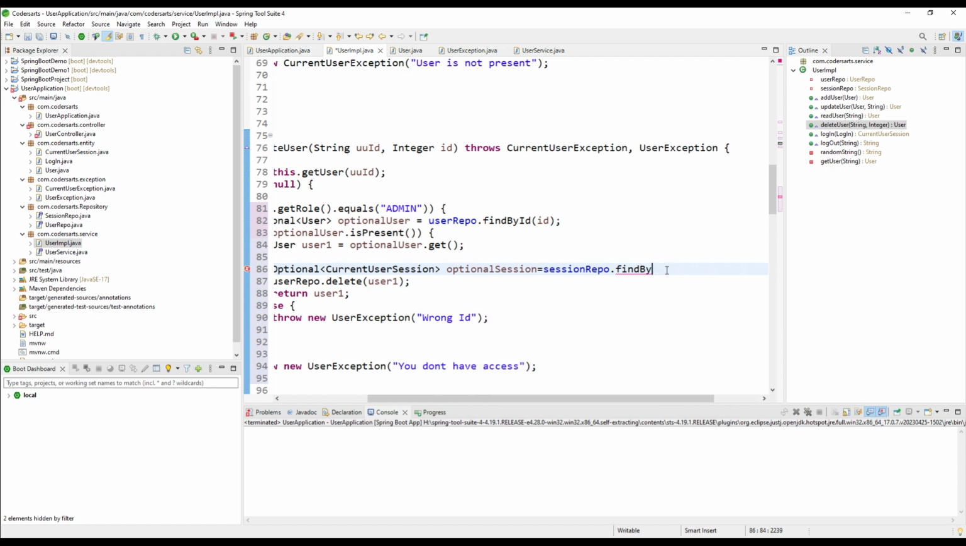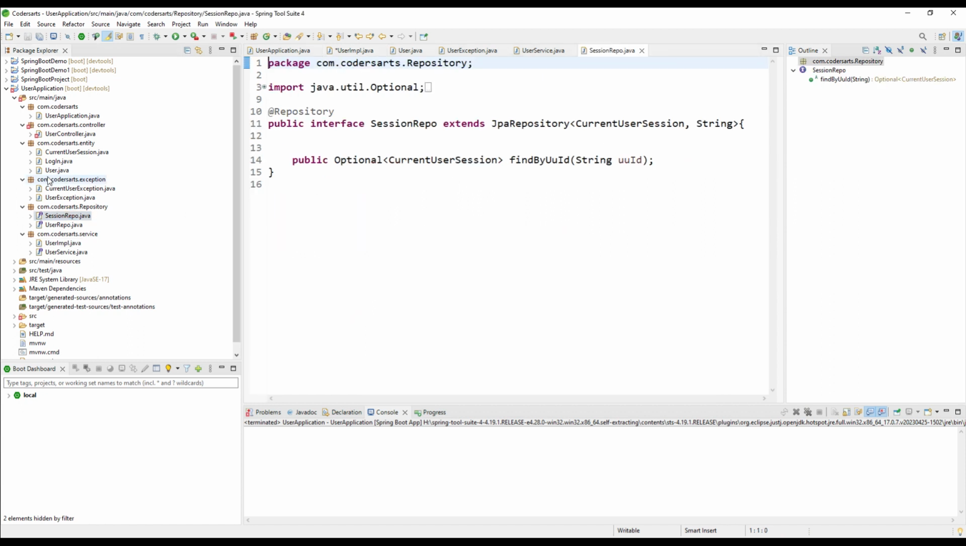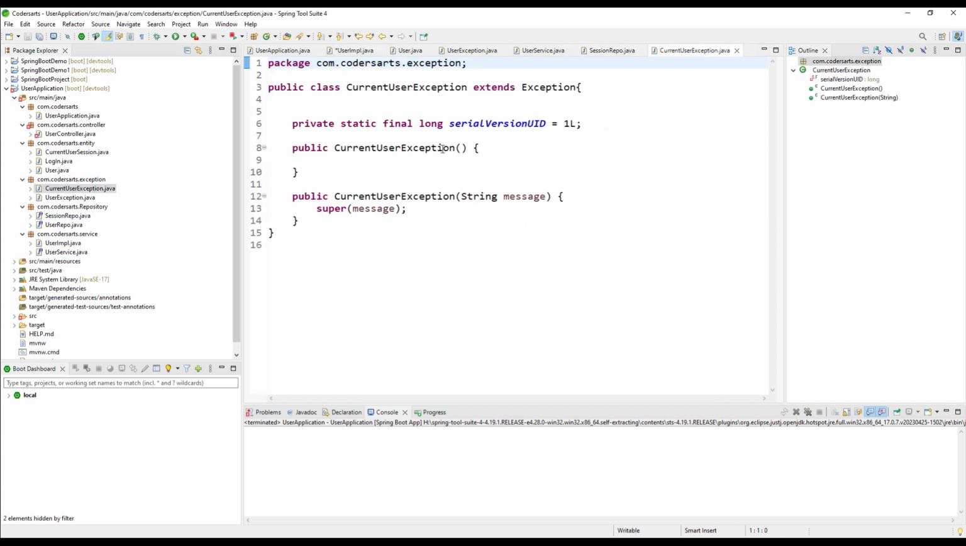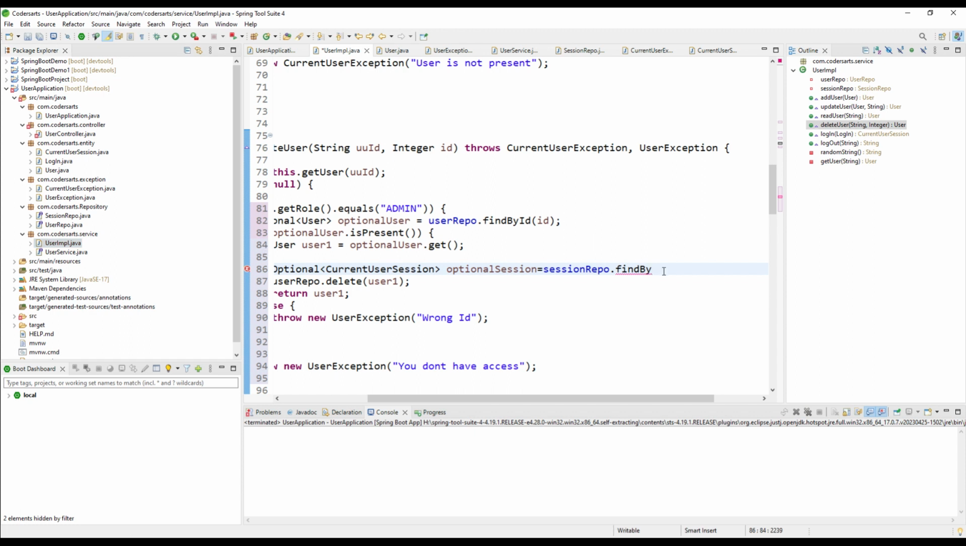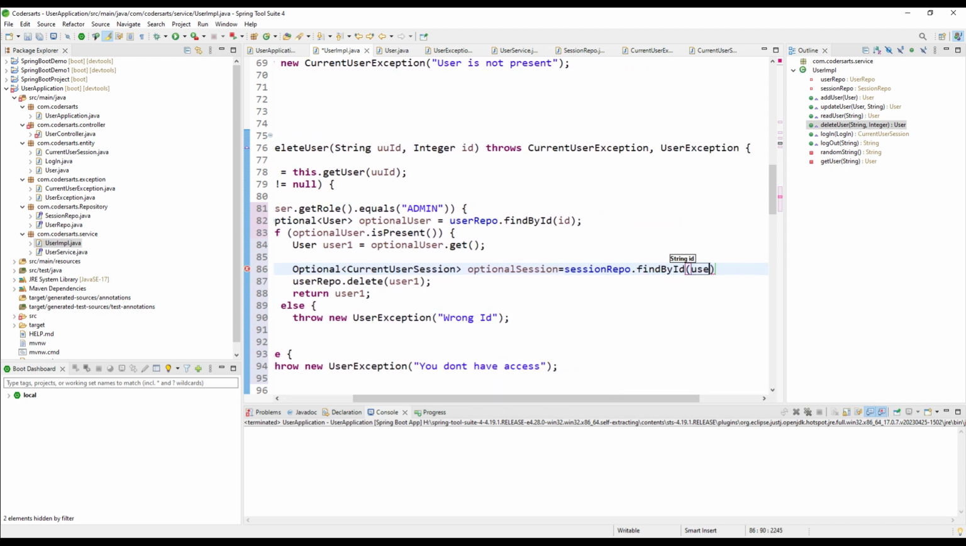So we have to make one method in the session repo for the user ID. So I will just give the information. So it is a user ID. So we have email also. So we can get that from also. So I will just change that. We have email. So find by ID. I will pass the ID that is user1 dot get email,